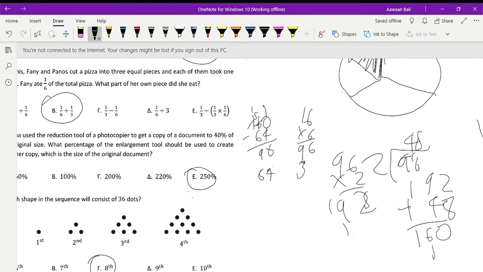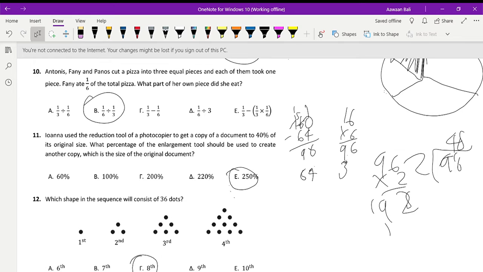This is where it gets a bit confusing. We get 140. What? We got 230. Well, the answer is 250%. But maybe, just maybe,